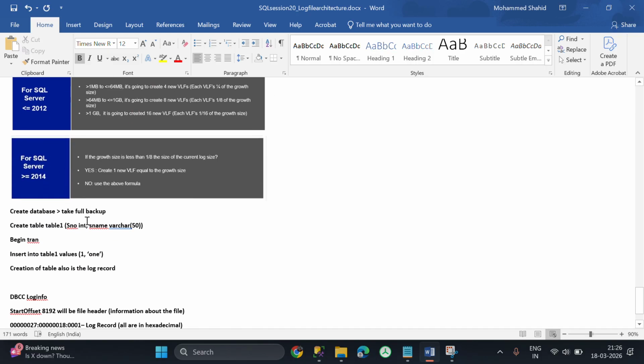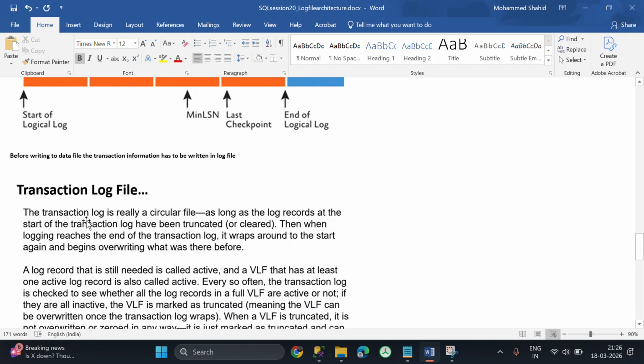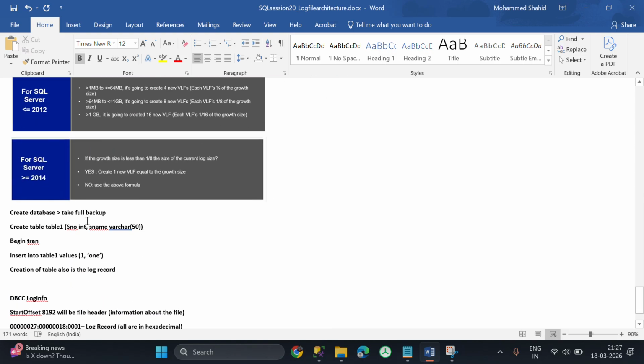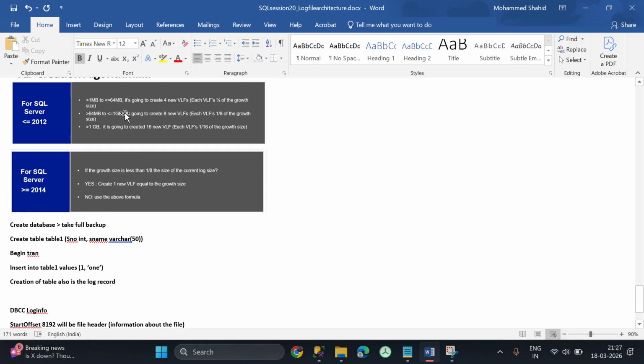So what is that algorithm, like the VLF we are discussing right here? Here in SQL Server 2012, in the first scenario, whenever we create a log file, if the size is from 1 MB to less than or equal to 64 MB, we are going to create 4 new VLFs, okay. Each VLF has 1/4th of the growth size. This means